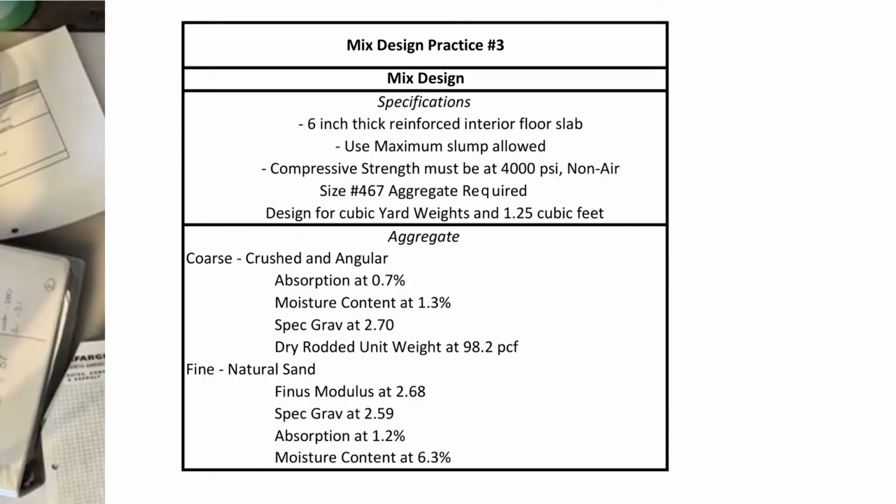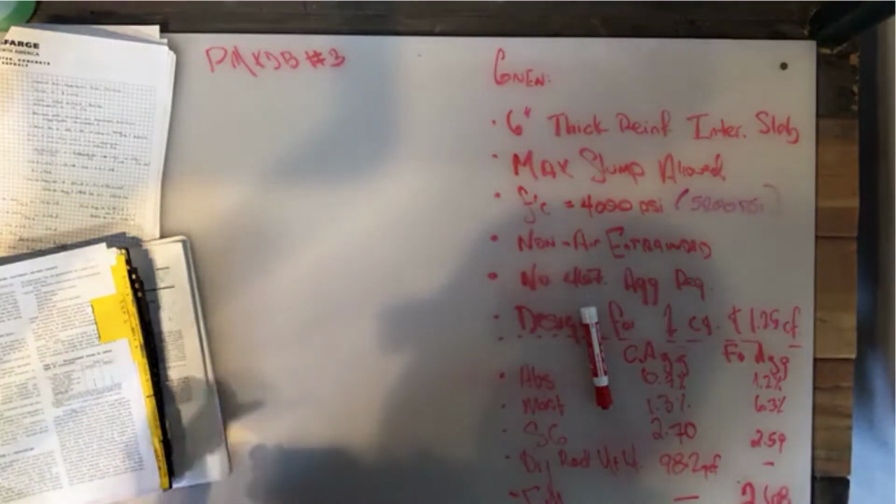So we're designing for a cubic yard. We've got to use a number 467, designing for a cubic yard at 1.25 cubic feet. For a coarse and fine aggregate, we have absorption of 0.7 and 1.2%. Moisture, we have 1.3 and 6.3%. And our specific gravities, we've got 2.70 and 2.59. A dry rodded unit weight for our coarse aggregate is 98.2 pounds per cubic foot, and our fineness modulus for our sand is 2.68. So we're going to start ACI